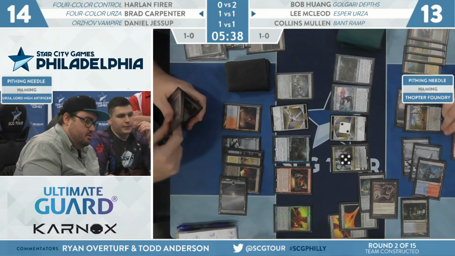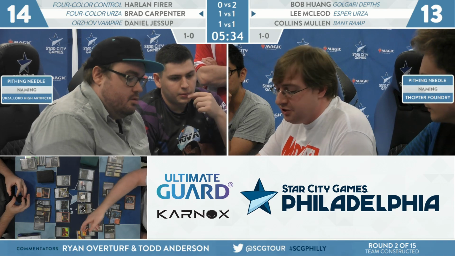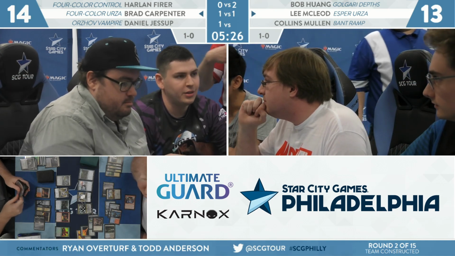Doesn't really have any meaningful material. Sees what McLeod is up to, the Inventor's Fair. So the backup looks like Collins Mullen also won. So this is going to be a 3-match win for Huang, McLeod, and Mullen over Fear, Carpenter, and Jessup. Yeah, just a very interesting